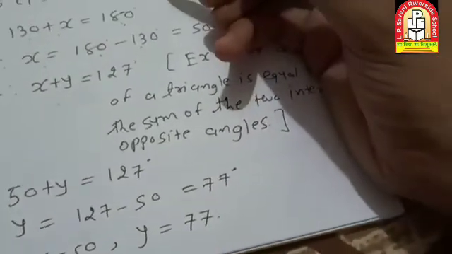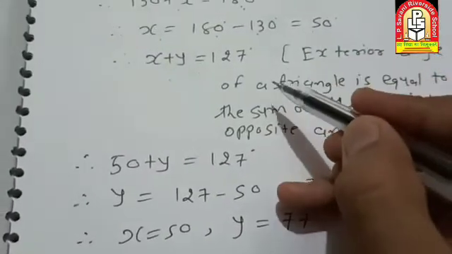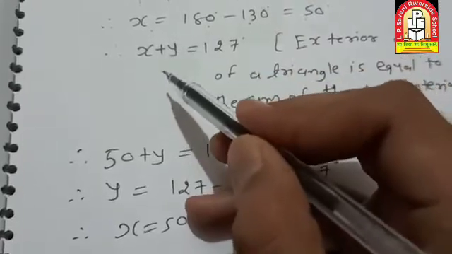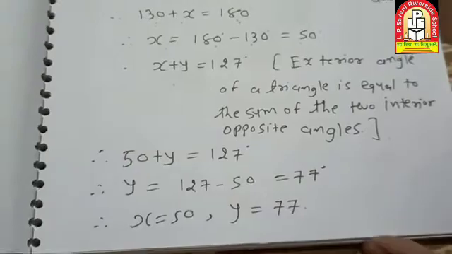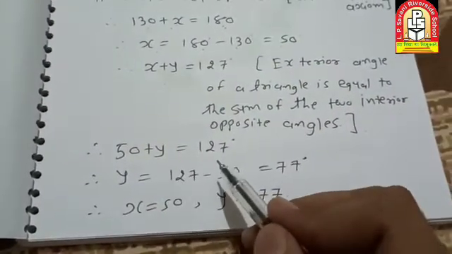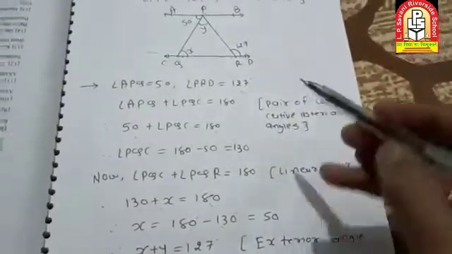By using that property of the triangle, x plus y is equal to 127. That is, 50 plus y